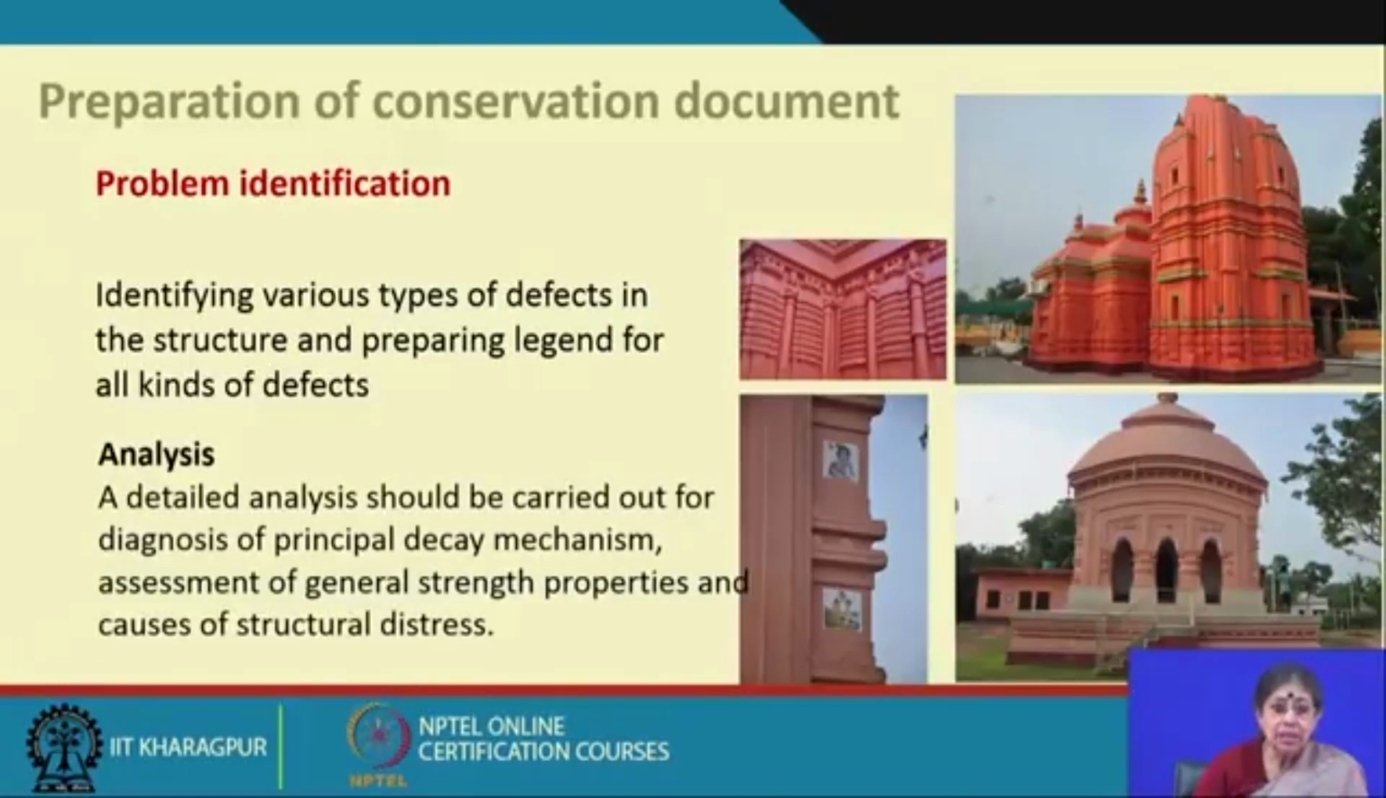A detailed analysis should be carried out for diagnosis of the principal decay mechanism, assessment of the general strength properties and causes of structural distress, if there is any. A crack does not always mean that it is structural distress; there can be dampness, there can be cracks, there can be this type of repair measure. One has to understand and analyze with the proper expertise, and if required bring in the proper expertise,